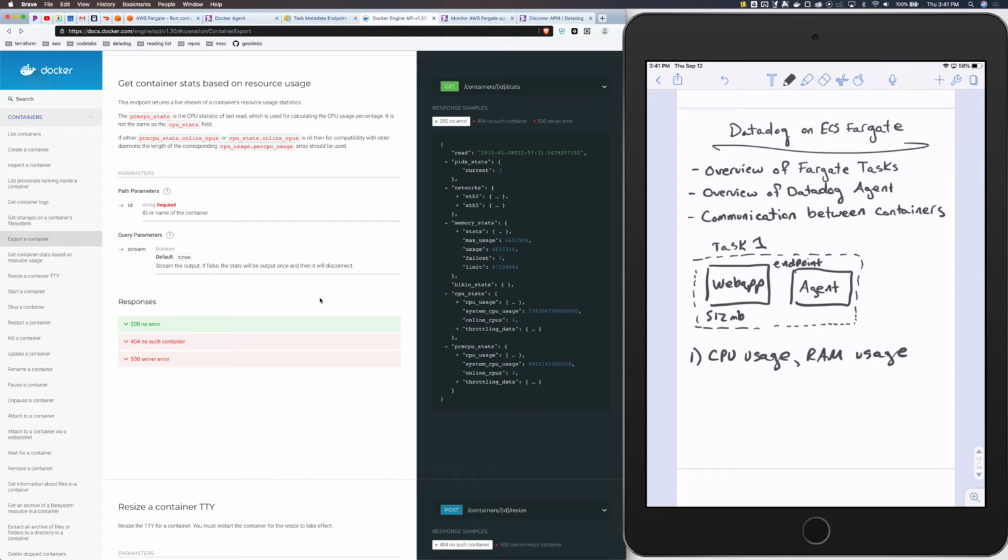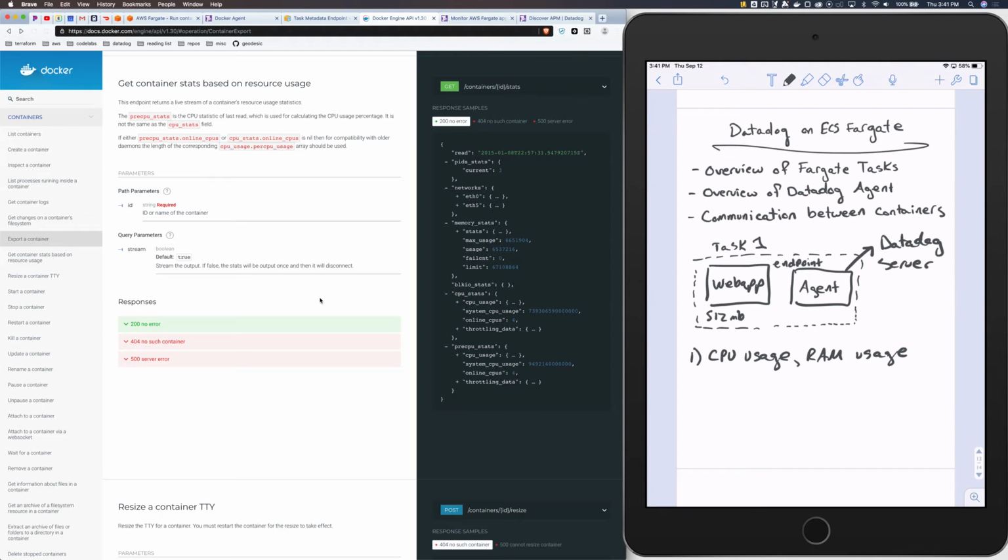That's fine. I don't really care about them right now, but it's going to say, okay, what's the CPU usage, RAM usage, etc. And then that, assuming that your ECS task has the ability to send requests outbound to the rest of the internet, depending on your VPC settings, it will send out to the Datadog servers